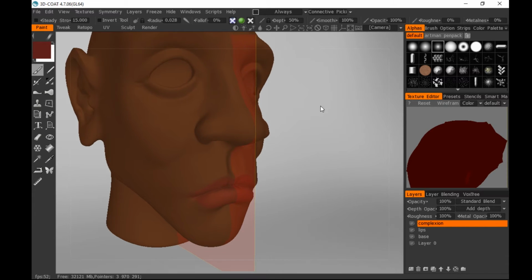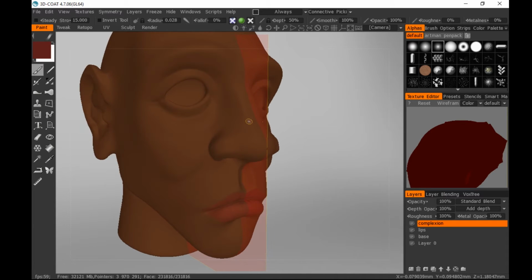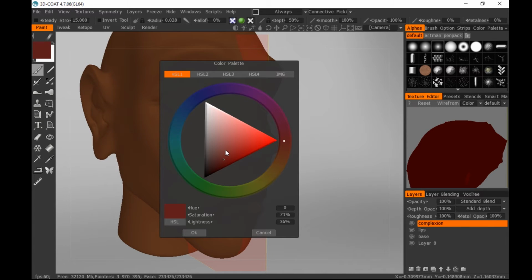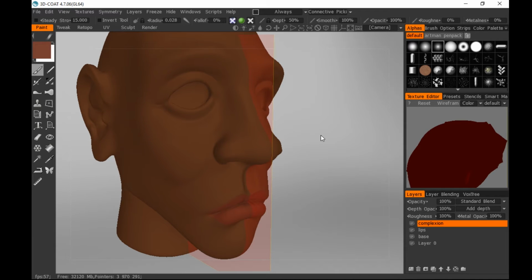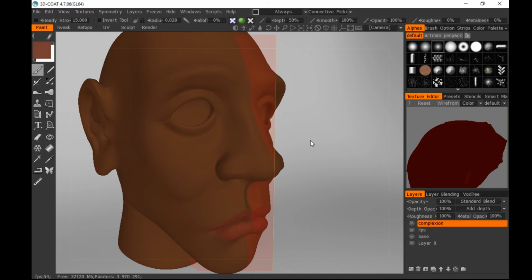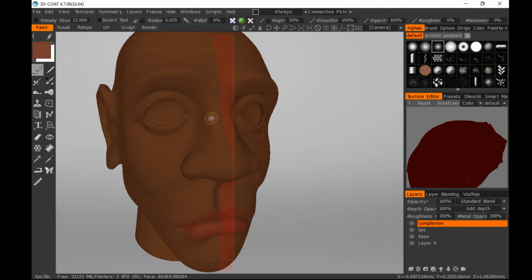on a new layer. So this is going to be where the skin tones vary. I'm just going to try and find a lighter part of the skin and then make it just a touch saturated. And just a touch lighter and saturated. So this is going to be the forehead, the top of the nose,